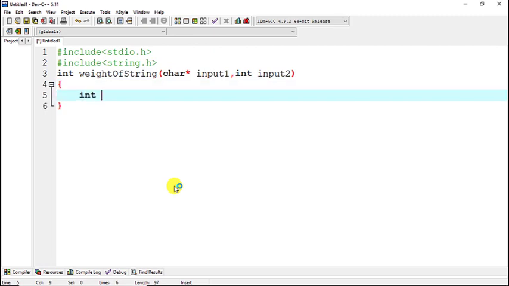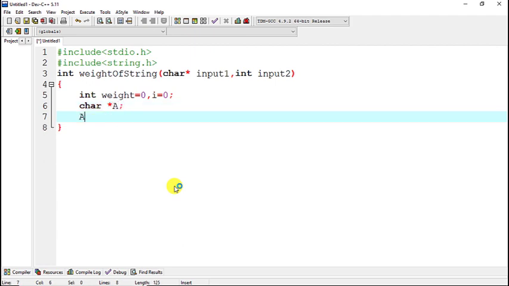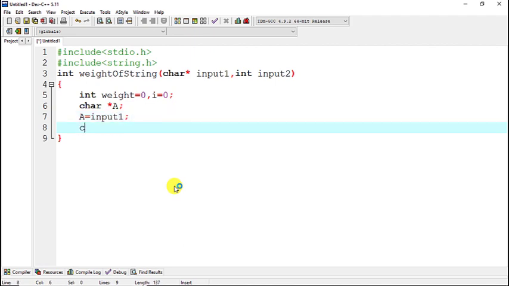After that we will initialize some variables to 0, which are weight equal to 0 and i equal to 0. After that we will take a pointer variable of character type, so char star a. After that we will store the input 1 into a. Now we will define another variable, let's say letter.